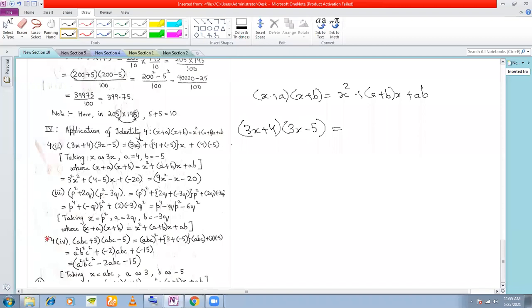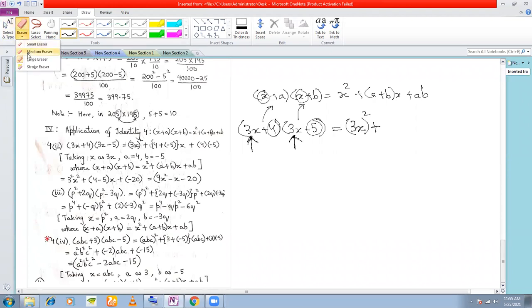You remember, you can use this only when this here and this here is the same. Understood? See here, x and x is the same here, x and x. Similarly here, you must have these two same here. These two may be different. So now if you compare this with this, and this with this, what are you getting here? x square is there. x here is 3x. So you square this. Plus. Now what is a here?